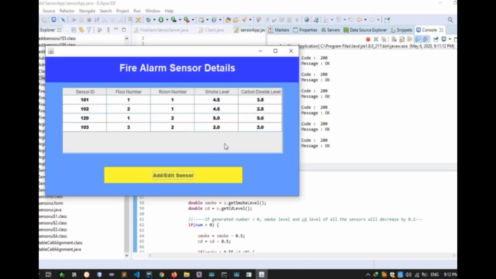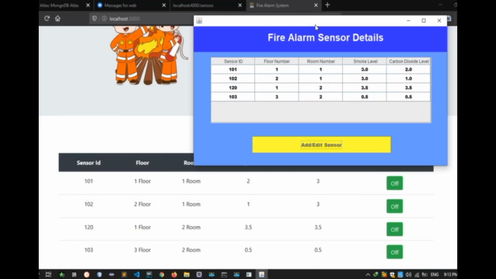We also have an SMS notification system. If any sensor is activated, the server sends an SMS to us. If one sensor gets updated above 5.0, it sends us an SMS. While the desktop application details are updated, the web application details also get updated.